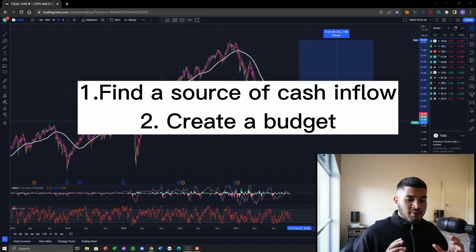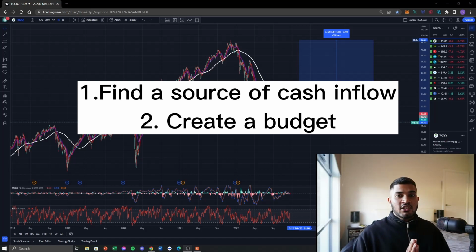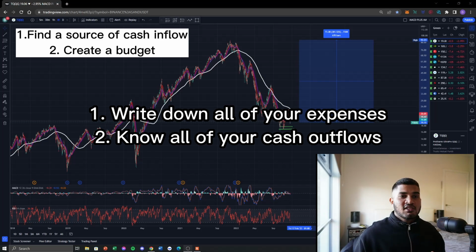So it could be a simple budget. What you have to do is list down all of your expenses, literally all of your expenses to the dollar. If you're like me, an individual living in a whole different country and independent, you have to pay your bills. It could be rent, electricity, water, whatever, and the rest of them. And if you are a bit older, you probably have a mortgage or even car payments. Whatever you do have, write down all of your expenses, write down all of your cash outflows as well,